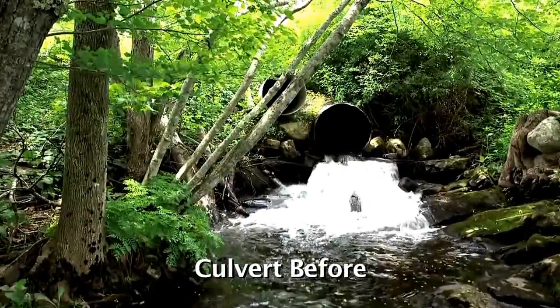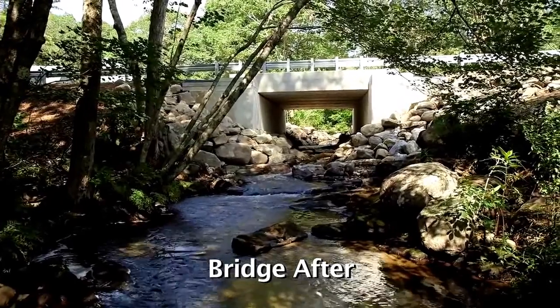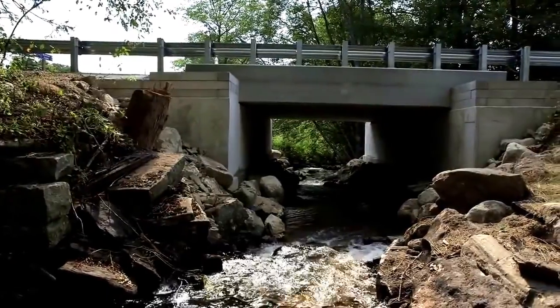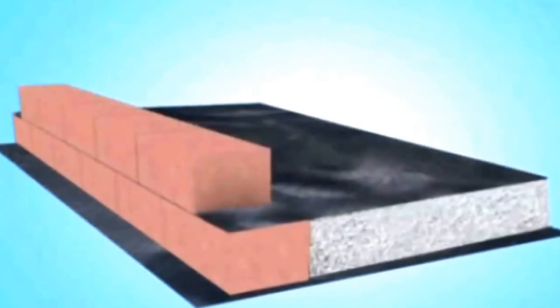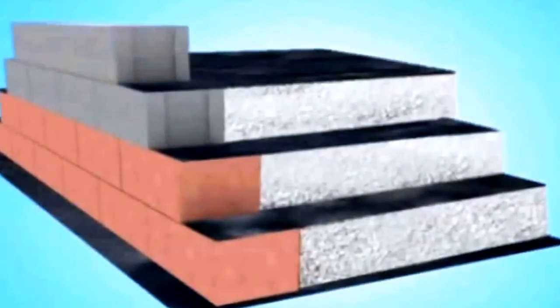The GRS IBS bridge structure was selected by the Maine Department of Transportation for the Bremen site to reduce construction time and costs and to test a new technology that is part of the Federal Highways Every Day Counts initiative. The Bremen site is the first location it has been used in Maine. This technology uses alternating layers of compacted fill material and fabric sheets of geotextile reinforcement to provide support for the